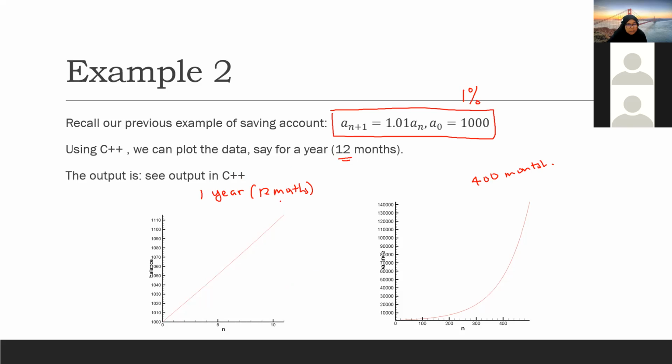Okay, so you can see that initially for 1 year, the graph is a linear. So you can say that, okay, this is a linear relationship initially. But you can see that after sometimes, when n is increased gradually, this looks like an exponential behavior. So you see the difference when you take more data,